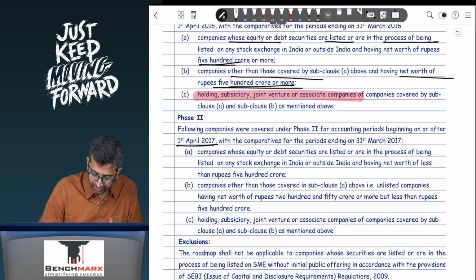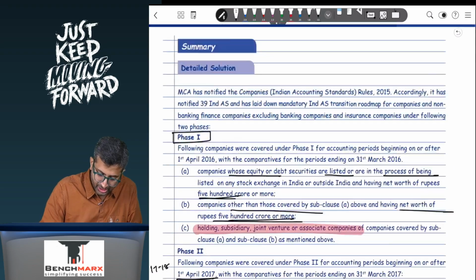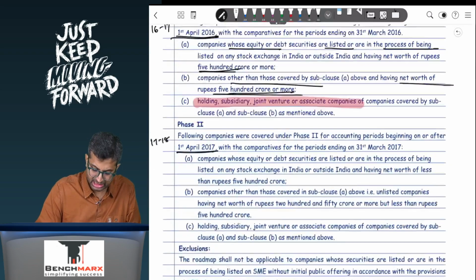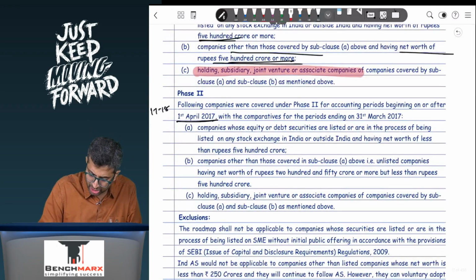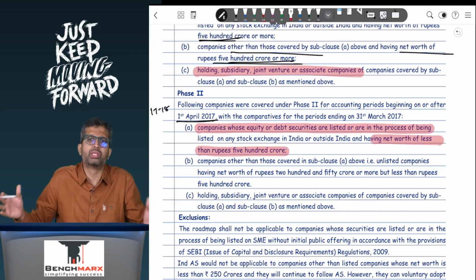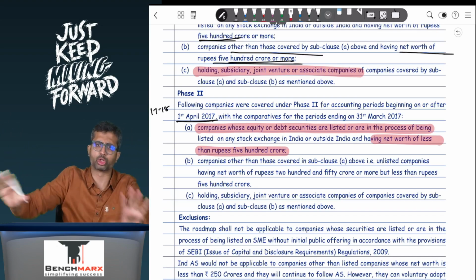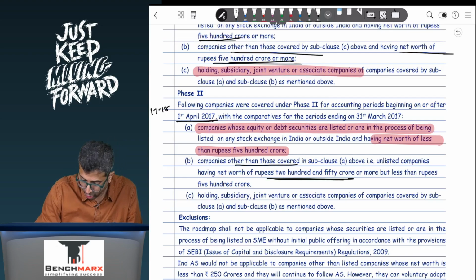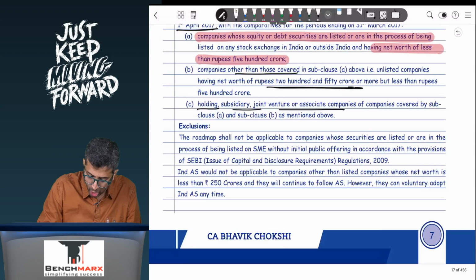Phase 2 comes with effect from 1st April 17. So this is for the year 17-18. Phase 1 comes with effect from 1st April 16. So this is for the year 16-17. If you see over here, companies whose equity or debt are listed or in the process of being listed with a net worth of less than 500 crores. They have said less than 500 crores, as those with more than 500 crores were already covered. Less than 500 crores will be covered in the second phase. Companies other than those above will be having 250 crores and above, and then again holding, subsidiary, joint venture or associate. Exclusions, roadmap shall not be applicable to